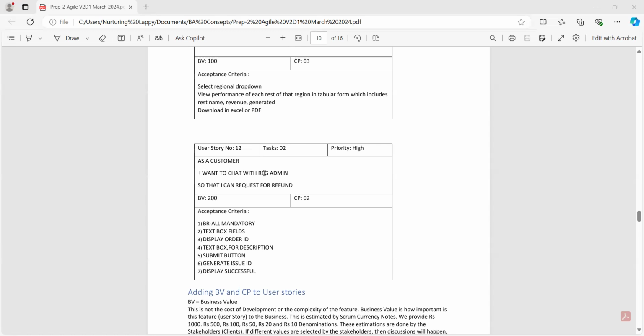So as a customer, whoever the customer is, like a restaurant manager, for example. So as a customer or as a restaurant manager, that way we need to write the user stories. We know how to write the user stories. I want to chat with the